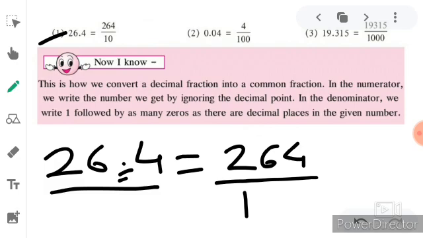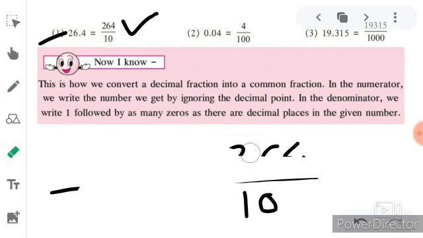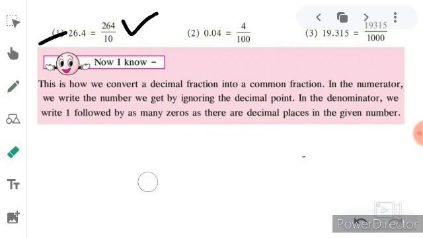as many zeros as the digits present after the decimal point. Means here 4, one digit is present, so you'll have to write only one 0, that is 10. So our answer is 264 divided by 10. So this is the first method. Now the next one, here 0.04. Here, second example,